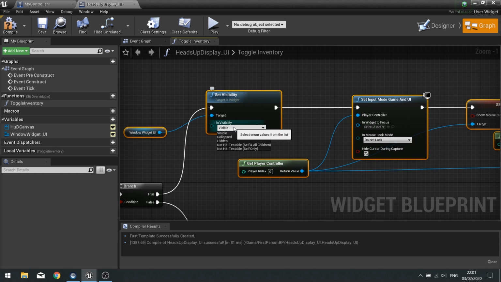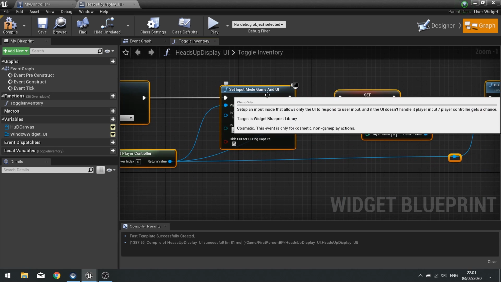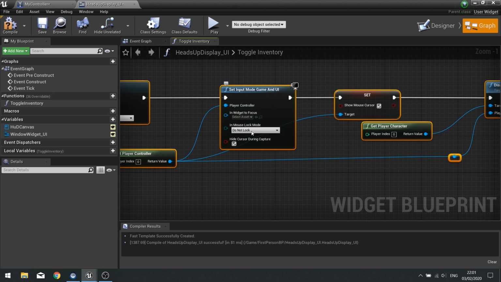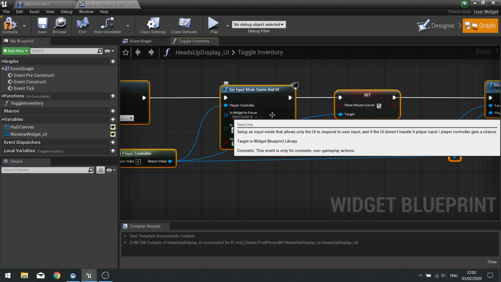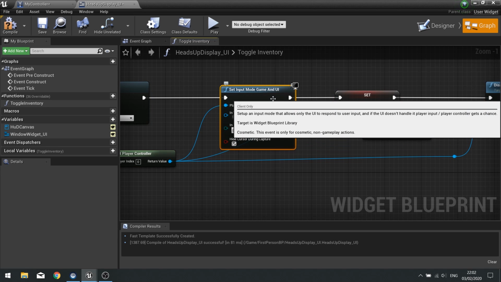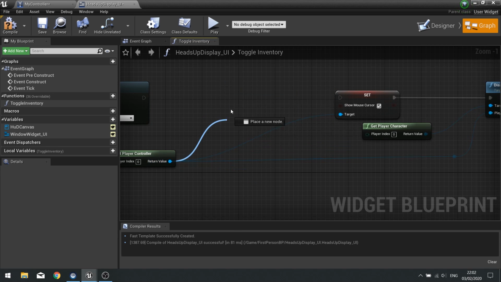So set visibility, we're going to change that to hidden. Set game mode and set input mode to game and UI. You could leave this as is because you're still using the game. So it's totally down to you if you want to change it to game or not. I might as well change it to game just to show you